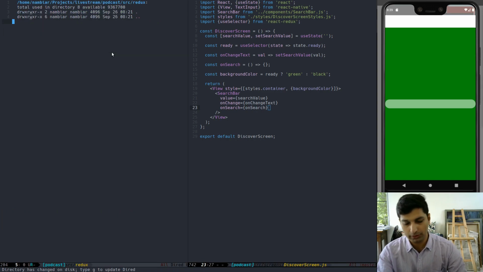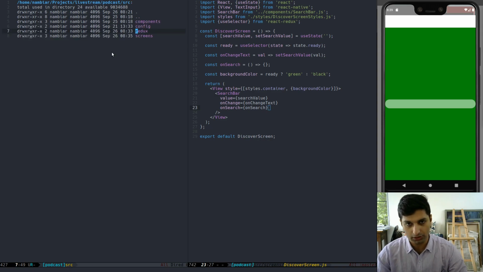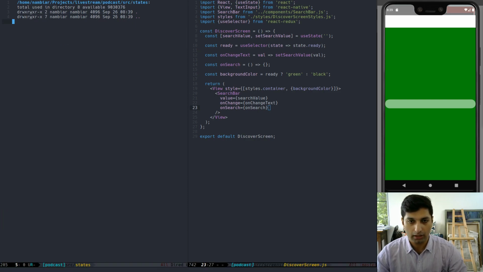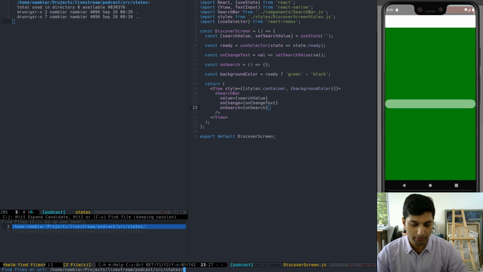Usually what people do is create all the states within the Redux folder, right? I don't want to do that. I want to create the states outside because these states are going to be used by context as well. And it makes it easier to move things around, and it also makes things apparent in terms of where they are. So if it's inside the Redux folder, you expect it to be part of the Redux store, but that's not going to be the case for all the states, right? So let's just create a startup state.js,